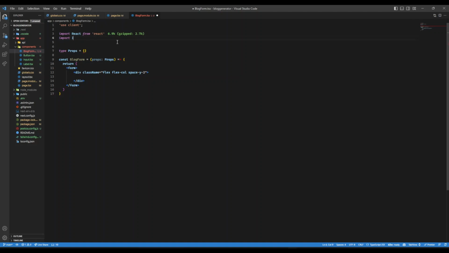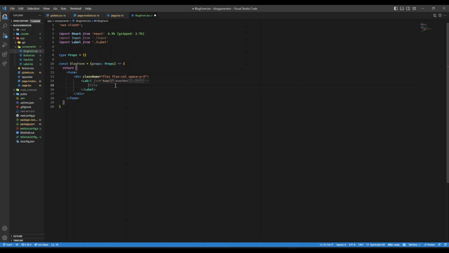So here I'm going to say import Input from input, Label from label, and then here I'm going to say label, and here there will be htmlFor, this is for title, and here I'm going to say block title or article title, actually article title. Then we will have our input, that's going to be of type text, placeholder if we want, title here, and we need to put